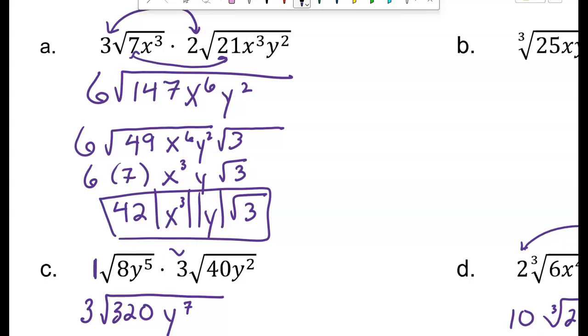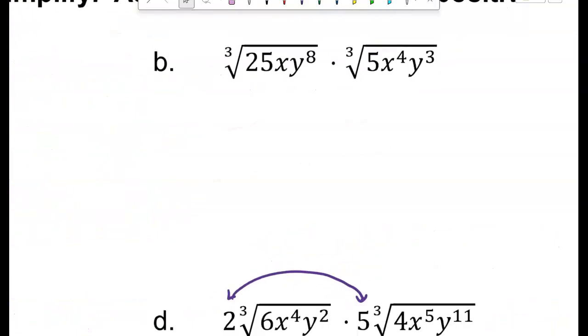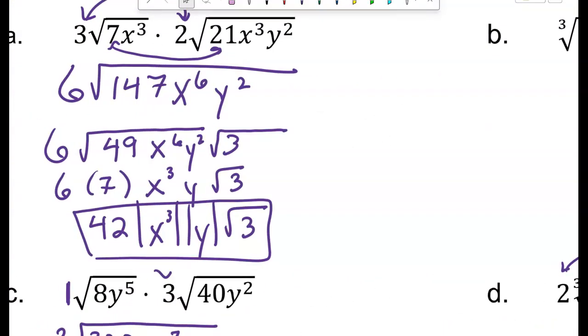Now let's do this with a little bit messier. Let's do it with the cubic root. Oh, can you go back for a second? Oh, so sorry. Yeah. Now,